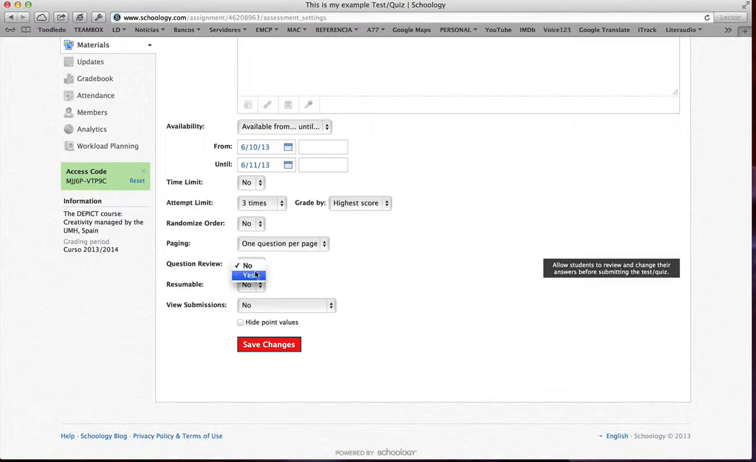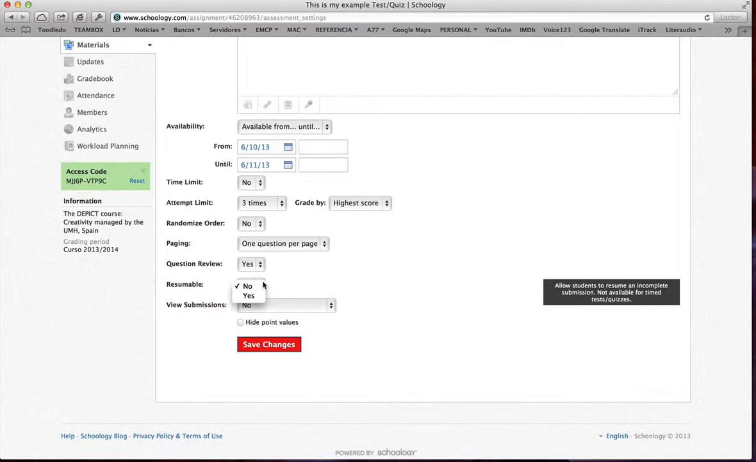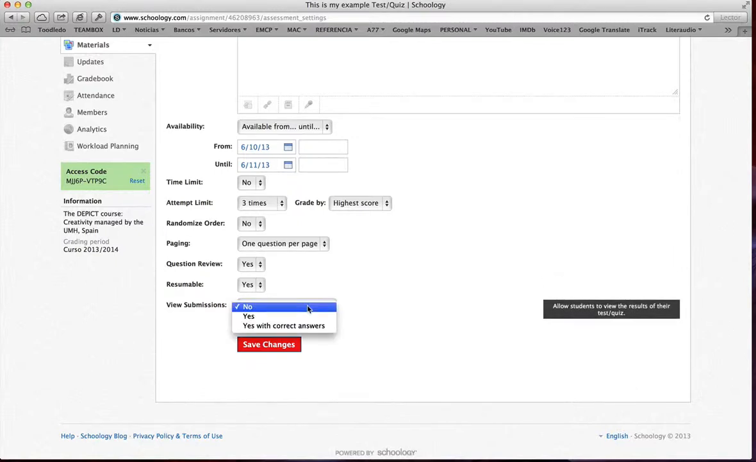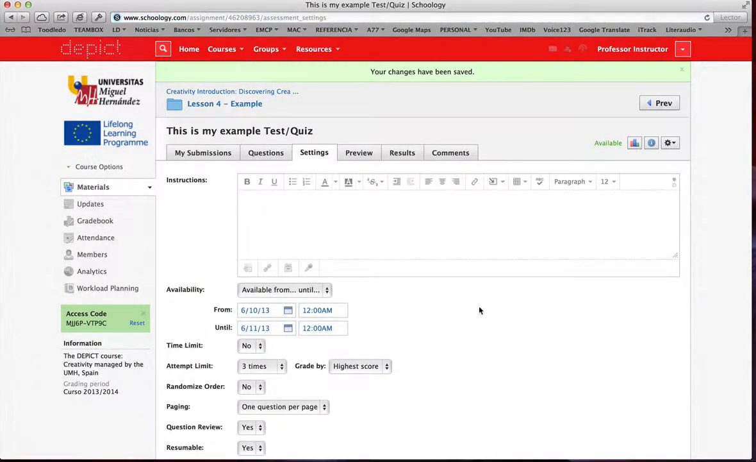When we say yes, then the students are allowed to review and change their answers before we submit the test. And resumable means that if for some reason they have stopped doing the quiz, they can continue from where they left it. Let's say yes. View submissions. Can they see the submissions? Well, we can say no, yes, or yes with the correct answers if we want them to check if they were correct. Here we save the changes and then we are set